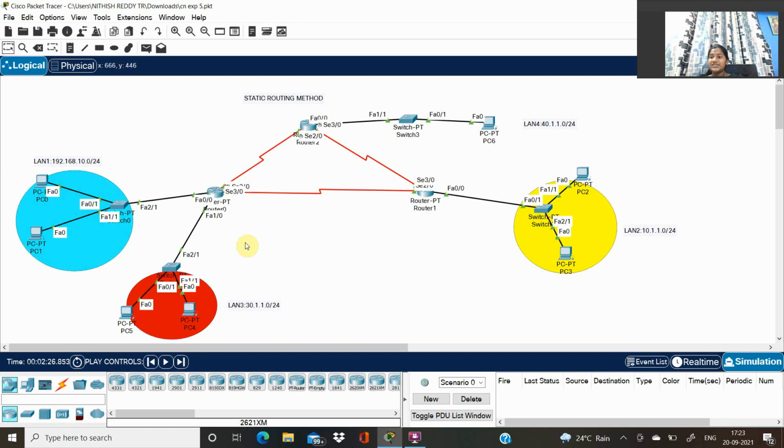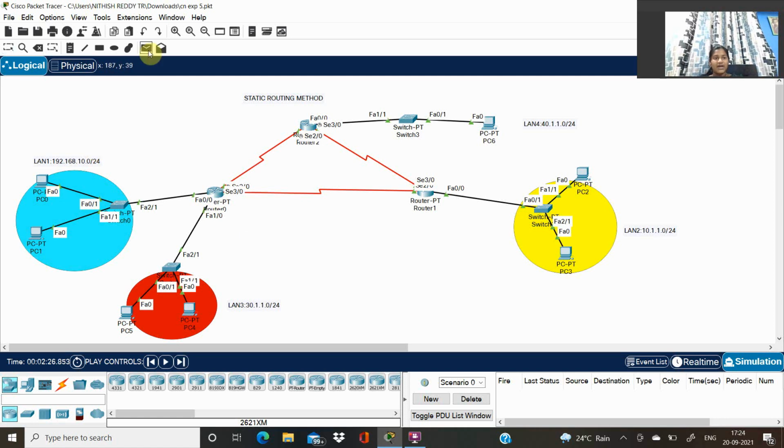In static routing we have some limitations. Static routing is error prone. When we have a large network, configuring and adding a static route to the router table is very difficult. And when configuring static routes, the network administrator requires background knowledge of the network topology. Now we'll go through our code.